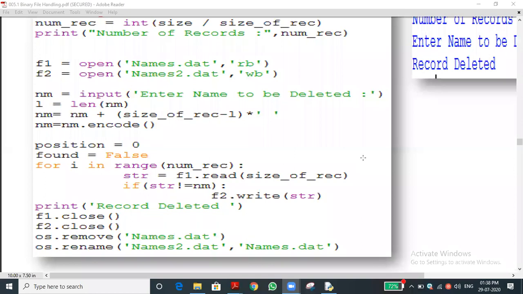This program, have you understood? Understood, sir. The last concept we are going to see is the basic binary. I already said to you, you may remember, when I started to teach, Harith asked one beautiful question. Sir, you said that whatever we write in the binary file will be written in encrypted mode, I mean symbols and some other things, but it is showing normally, sir. Like this he asked.